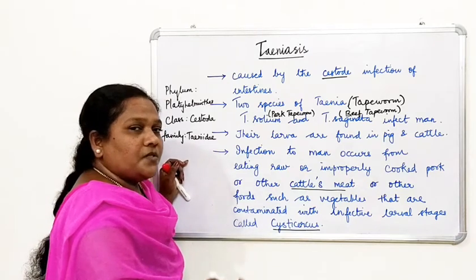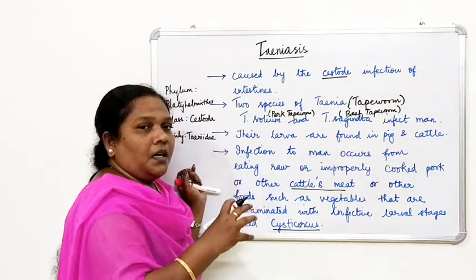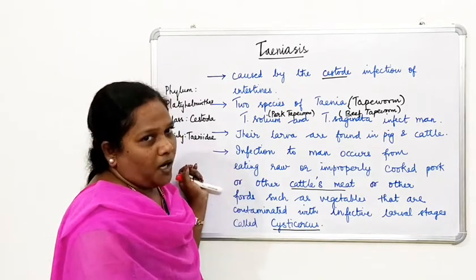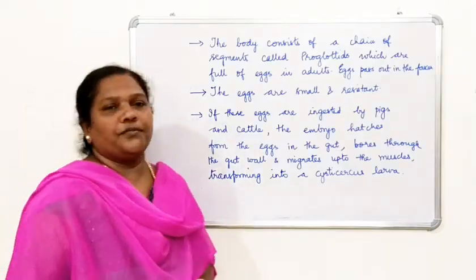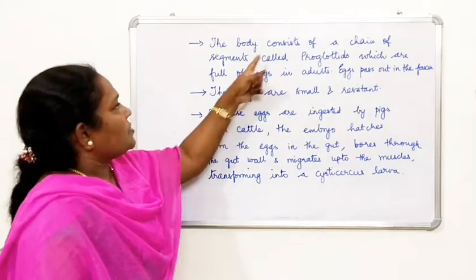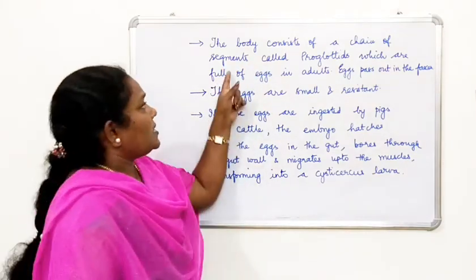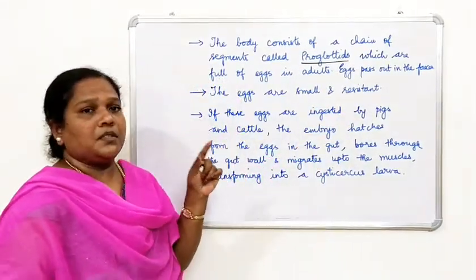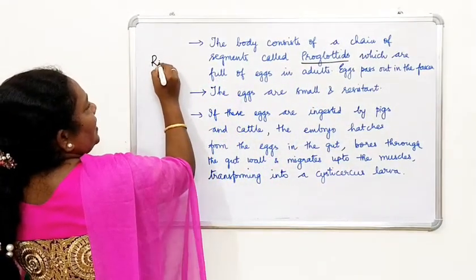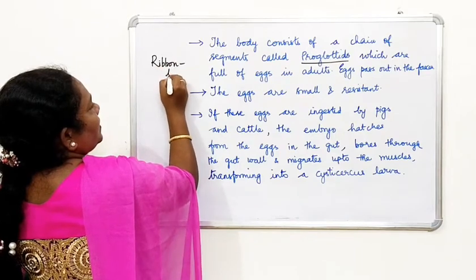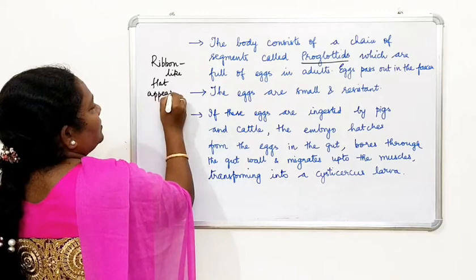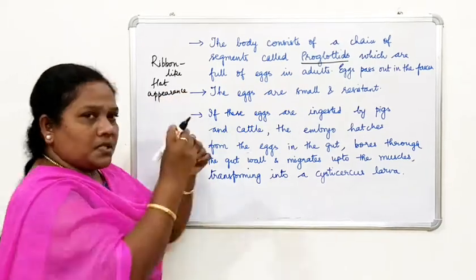And when you look at the head of this Taenia, you call that the scolex, which gets attached to the intestinal wall. And when you look at the body of Taenia solium, it consists of a chain of segments. These segments are called proglottids. Taenia solium has a ribbon-like flat appearance when you look at its body,